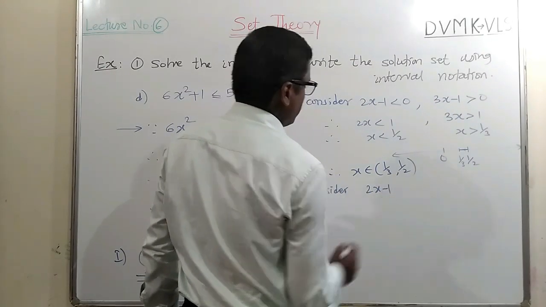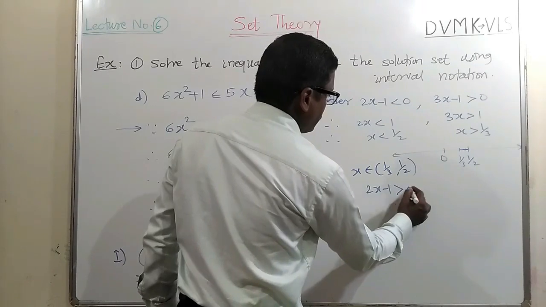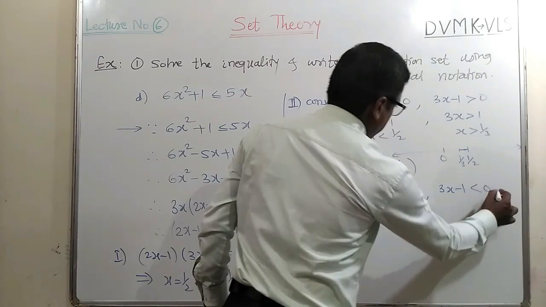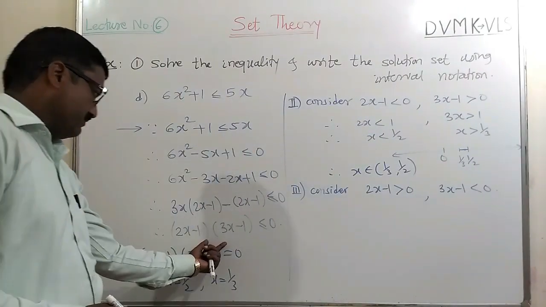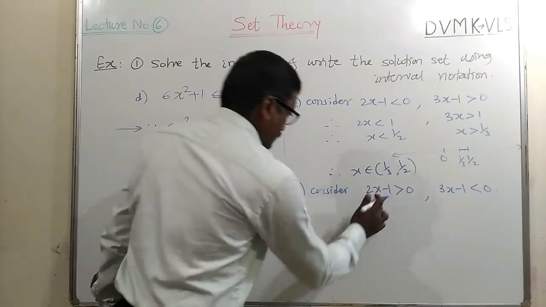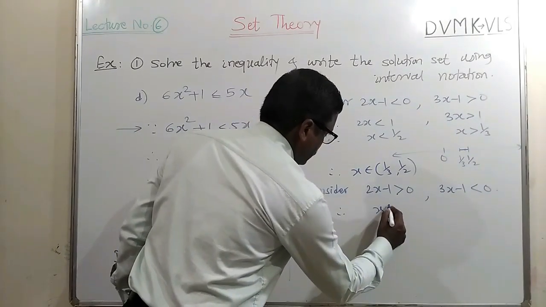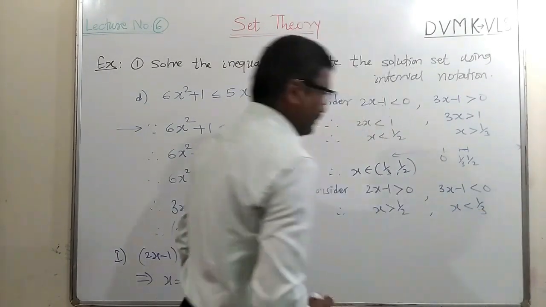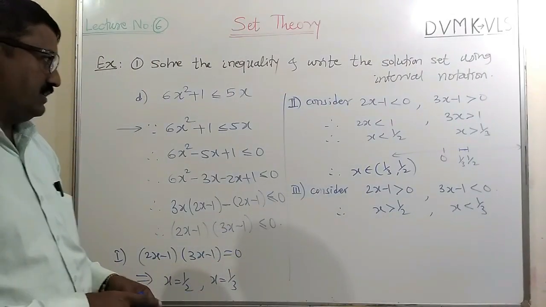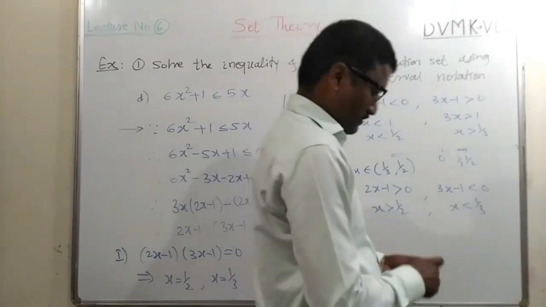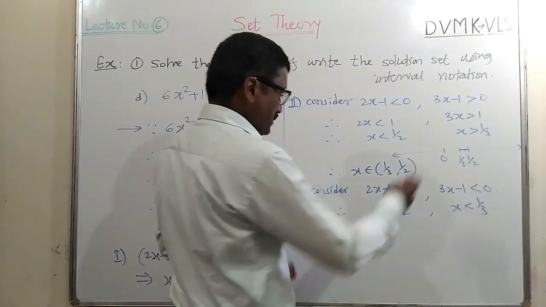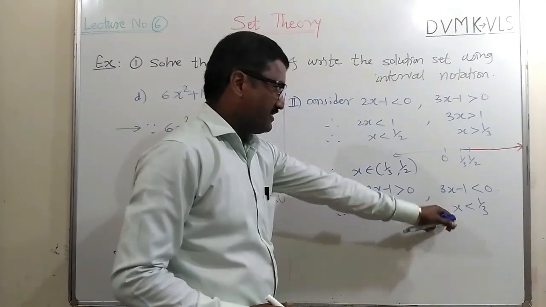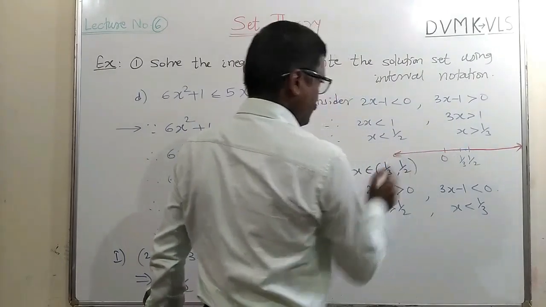the first term, that is the first factor, that is 2x minus 1. Here we have taken negative, now take it as positive. The second factor is positive in the first case, now we will take it as negative. So the positive and negative product will give us negative. This gives us directly, can I write here, x greater than half, here x less than 1/3. Once again, here x is greater than half means, can we show it on the number line in the same line? Let us see, x greater than half means this much, this arrow. x less than 1/3 means this arrow.